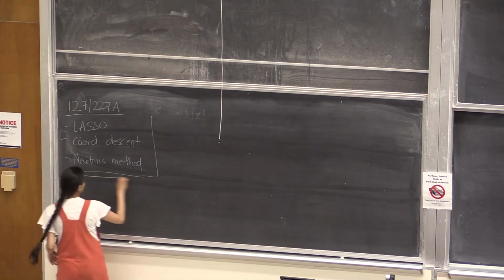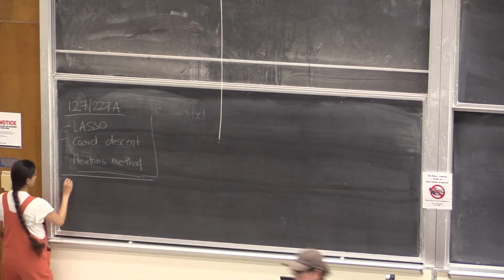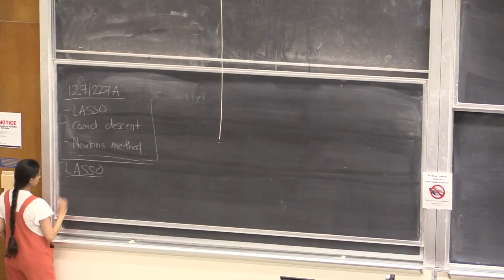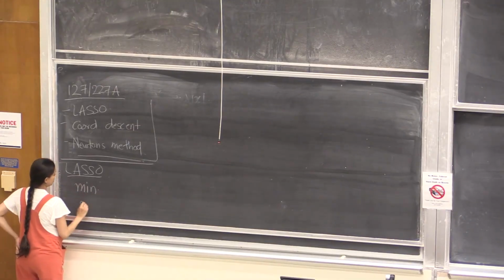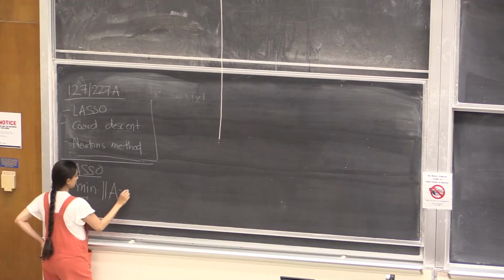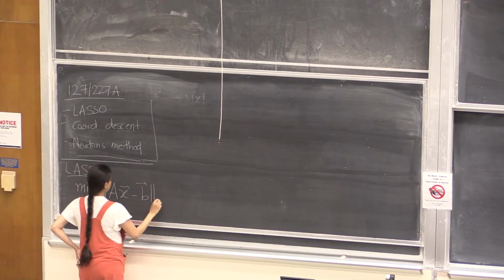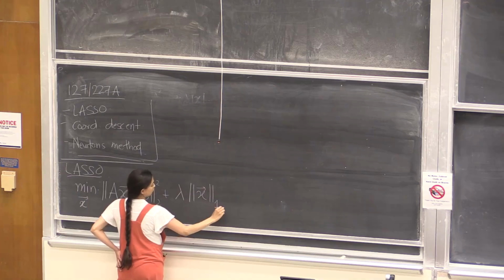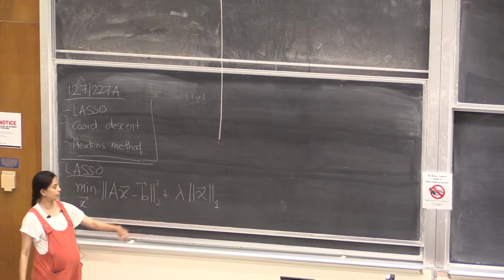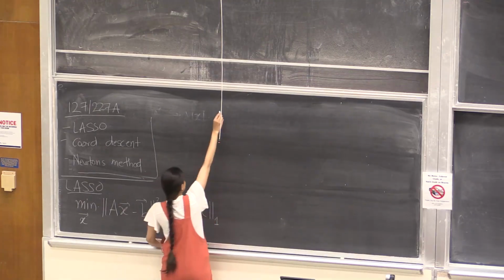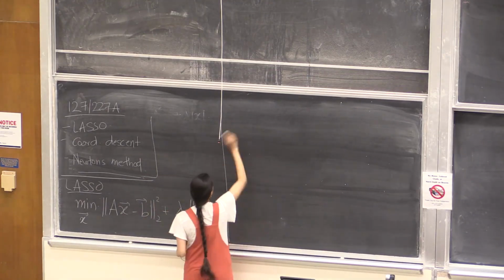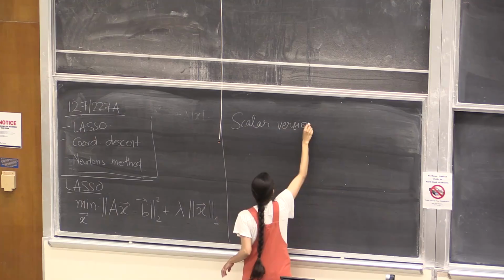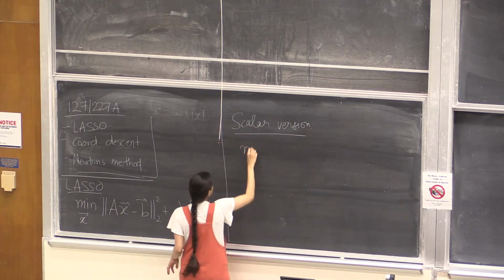But in talking about lasso, remember last time we were talking about the lasso problem, and here the point is that we're thinking about L1 regularization. So I'm thinking about the problem min over x, norm of Ax minus b squared plus lambda times the one norm of x, instead of the case for ridge where I have the two norm of x. And last time at the end of class, we were looking at the scalar version of this. Right, which is minimize